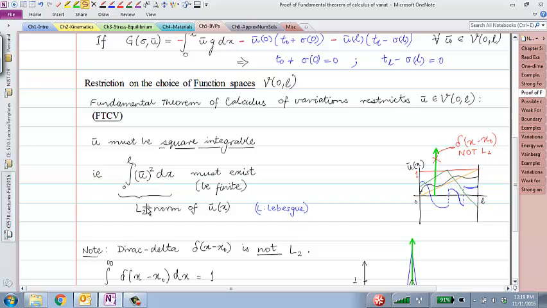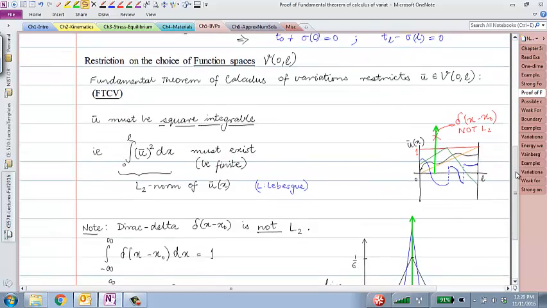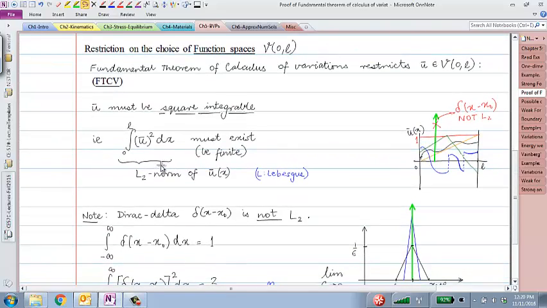And these types of functions belong to a space of functions which is called L2 space. And I'll tell you why that is. L2, where L stands for a mathematician by the name of Lebesgue. This integral is a Lebesgue integral. The integrals that you have been doing till now are most commonly Riemann integrals. Lebesgue integrals are a different type of integrals, slightly more general. But the question arises,